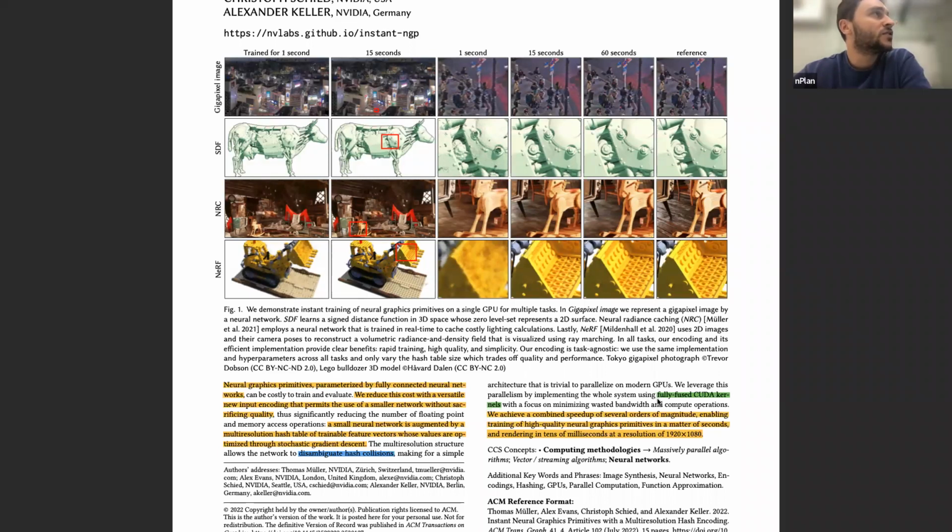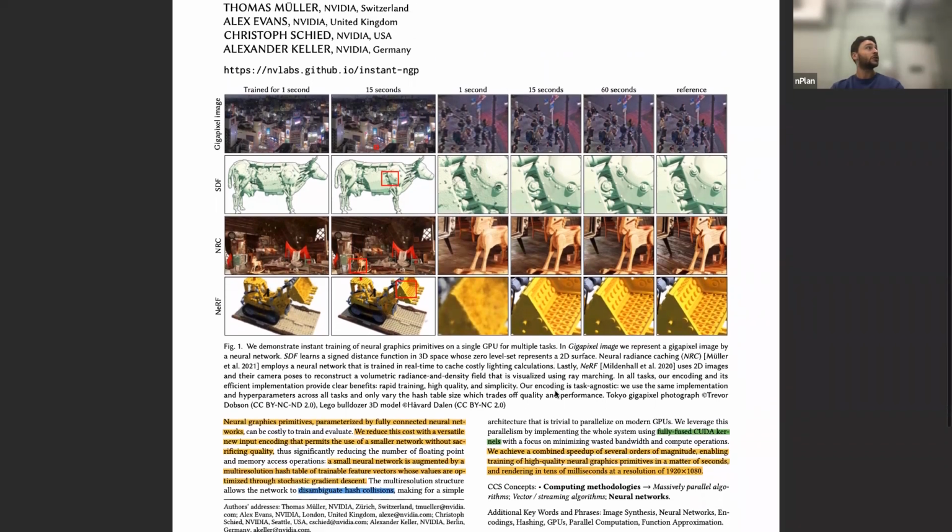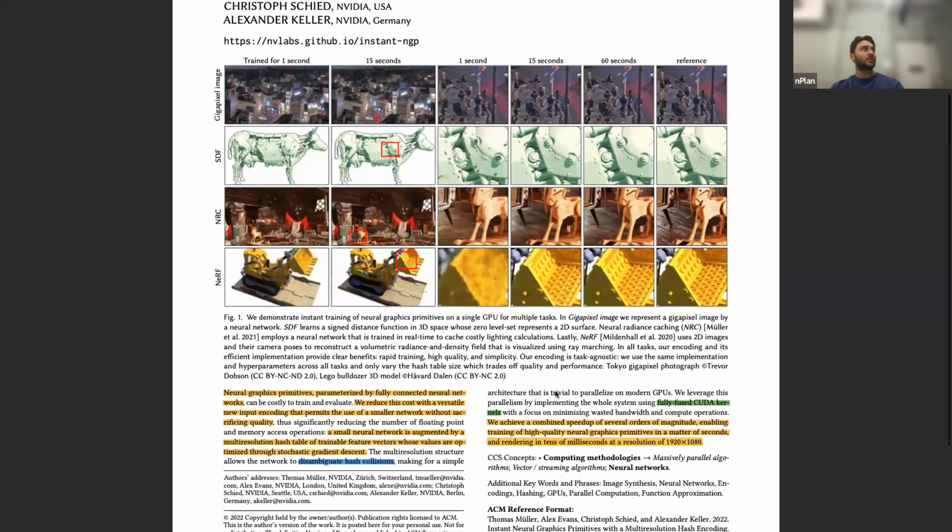One thing that I wanted to talk about, which is an underlying something they use in this paper to cause some of the speed up, is they use fully fused CUDA kernels, which are actually not a contribution in a scientific sense, but a contribution in an implementation sense. And it seems like the main author of this, Thomas Mueller, actually wrote the fully fused CUDA kernels. And essentially what they are is that